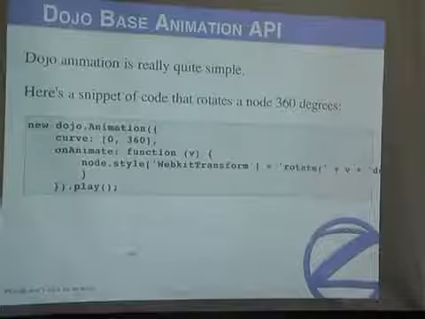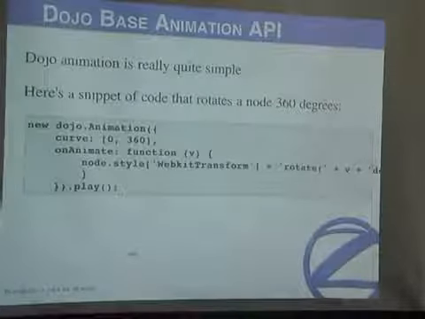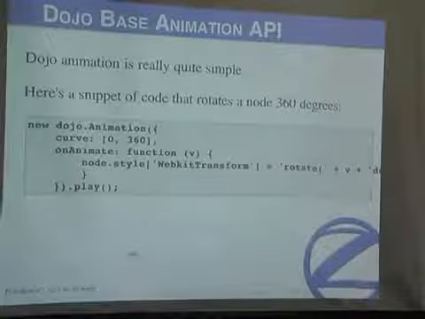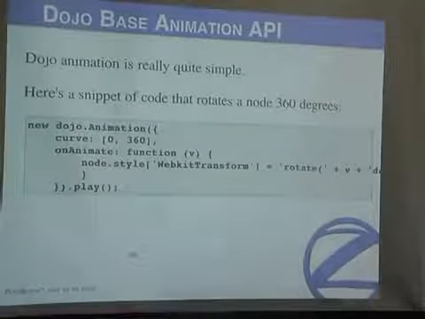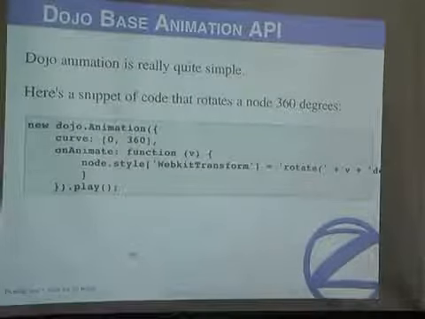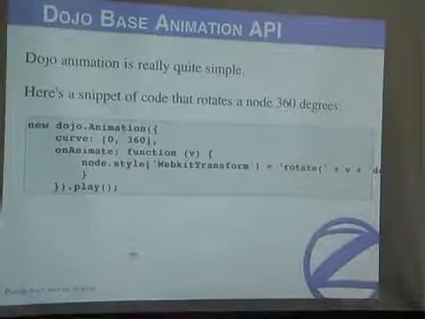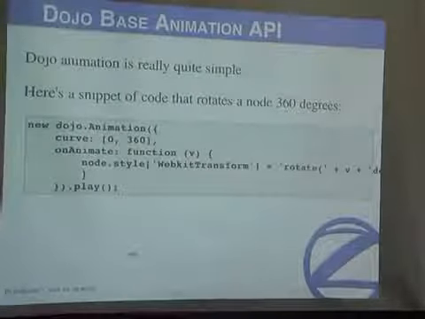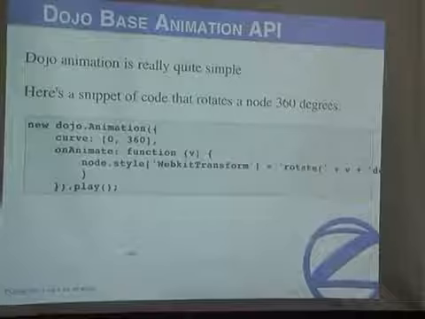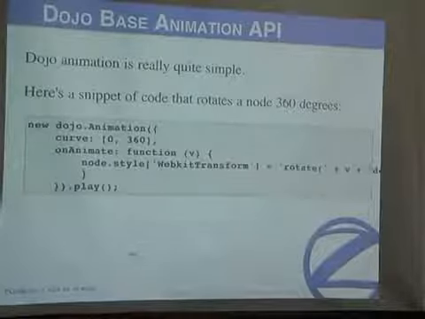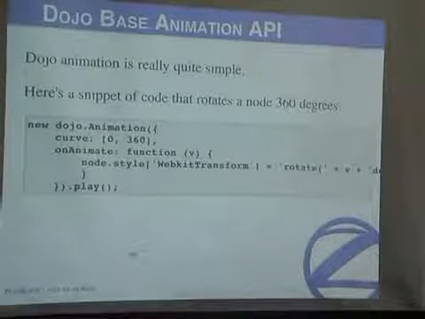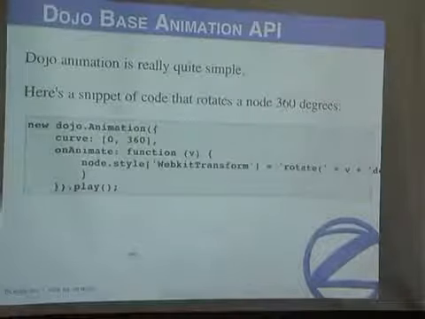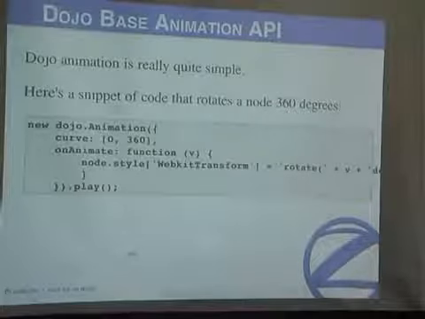So, for example, in a mobile app, when you go from one screen to another, there's typically some transition, so it's very visible that you're going from one part of the application to another. There are lots of reasons why this might be used, but they're very commonly used to represent some sort of transition. And typically what you do is you might change a color or change a position or make something appear or disappear over some short period of time, like maybe a third of a second. And so the Dojo animation,